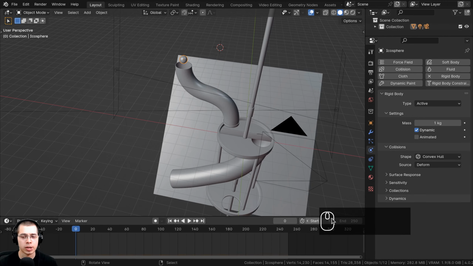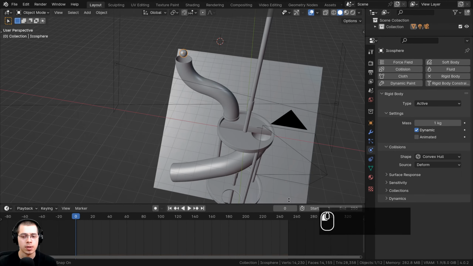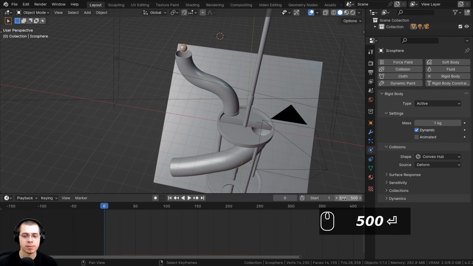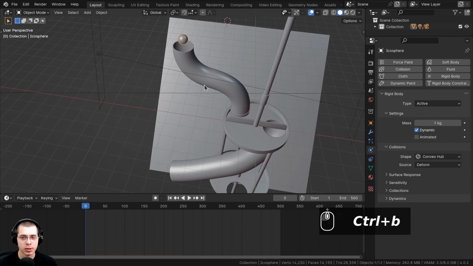So now I want to change the start frame and the end frame. So right up here, here's the timeline, and I'm going to have this be a 500 frame animation. You could make it longer or shorter if you want to. I'm going to have the end frame be 500. Now also, to make sure that the rigid body is going to animate through the 500 frames, we want to